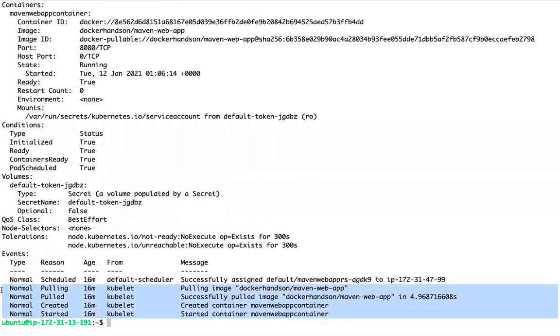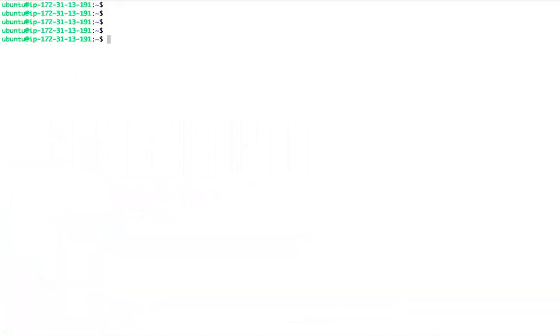The pod is successfully, that container is successfully started. Now, if you want to execute commands on a pod's container, a pod will have one or more containers. If you want to execute some commands, or if you want to go inside the pod container, we can use kubectl exec.